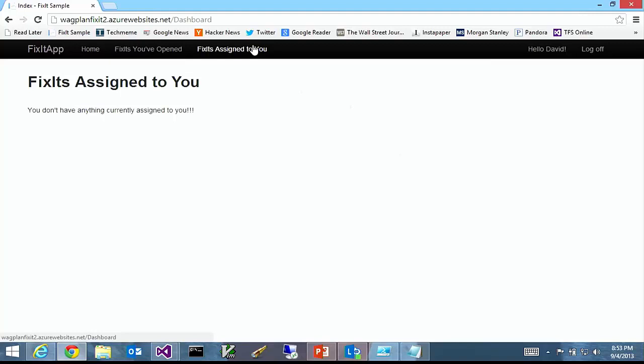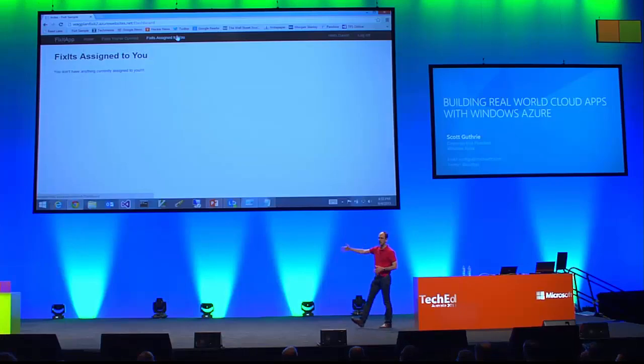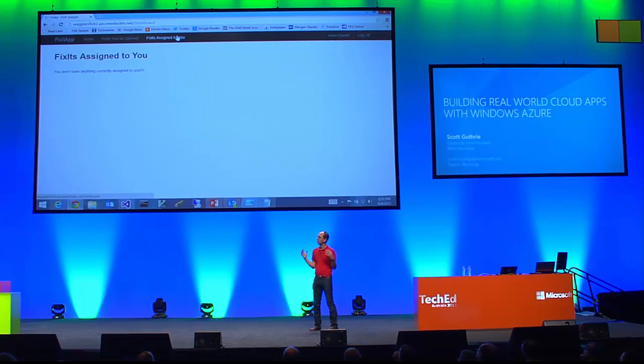So very simple app here, simple workflow, where we can assign tickets. We've got some data access, single sign-on, UI, deployment, web, async, some storage, and a few other things along the way. But this is the app we're going to work through all those different patterns with, and we're going to walk through how I built it